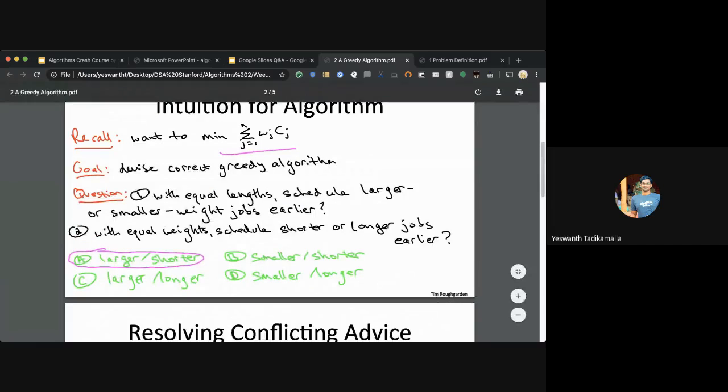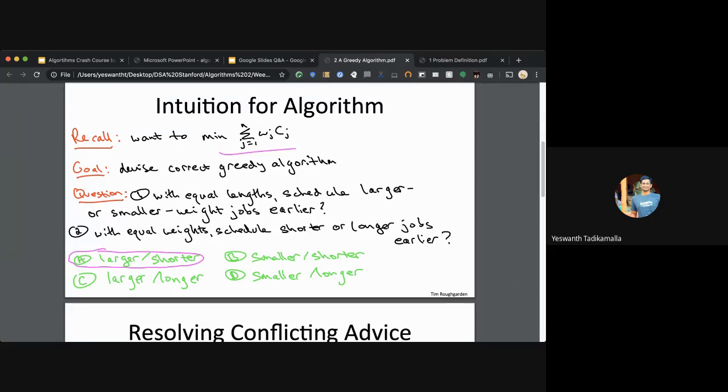We want to minimize the sum of the weight and the time that each job takes. So imagine if there are equal lengths for all the jobs, equal time lengths for all the jobs. Will we schedule a larger, I mean longer, application or a smaller application?